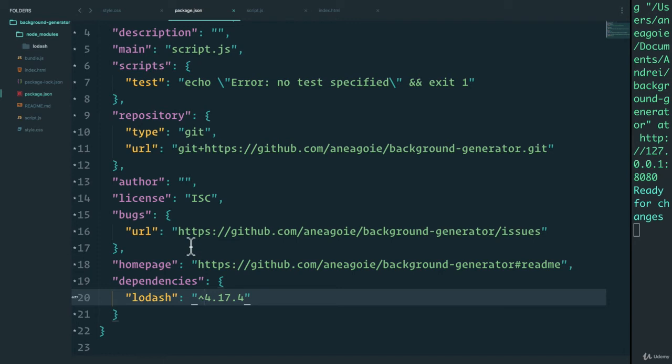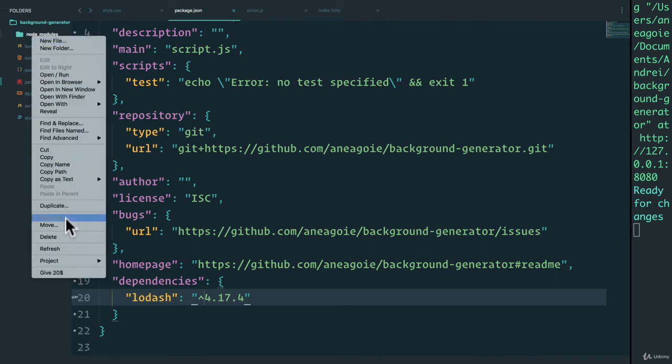I don't need to add script tags in HTML for these now. And for a developer, in order for them to download all the packages or the dependencies that a project requires, well, I will never put the node modules into my GitHub repo because all you need is the package.json file. Let me show you what I mean. If I delete my node packages here,